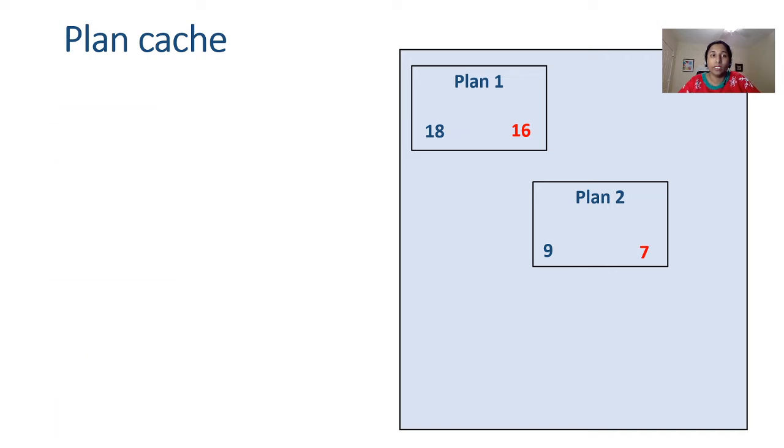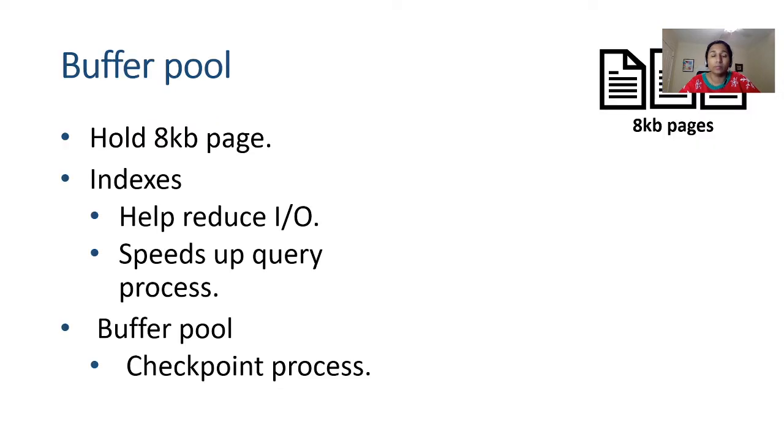In the very next minute, the lazy writer will kick back in again to see if there are any least recently used execution plans. In our example, the plan 2 will be used. So what the lazy writer does is it will go ahead and increment the plan 2 complexity countdown value to its original value, right? We have the complexity countdown value currently as 7. So it will change the plan 2 complexity countdown value from 7 to its original value, which is 9. That's how the lazy writer works.